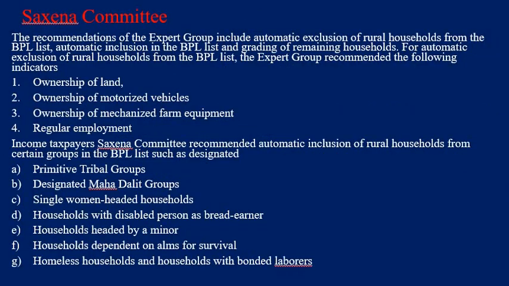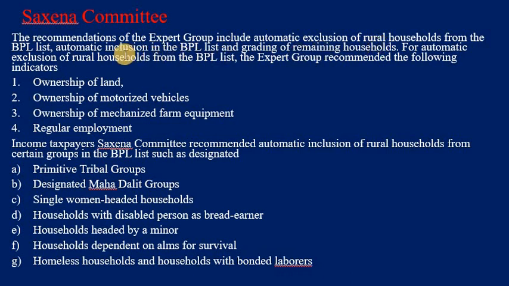One more is the Saxena Committee, an expert group. They include automatic exclusion of rural households from the BPL list.